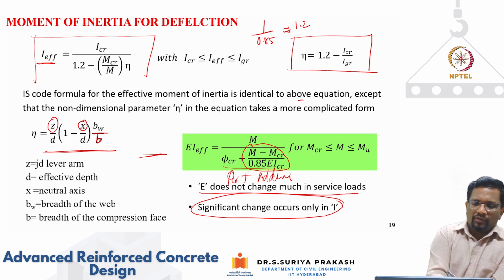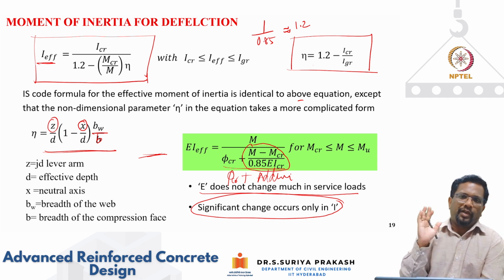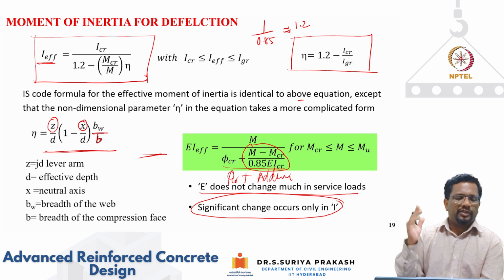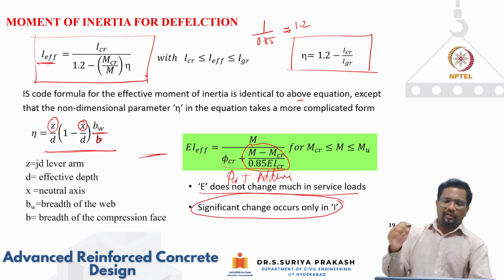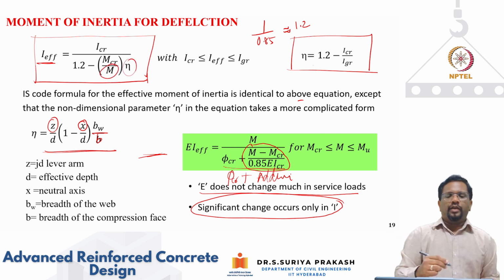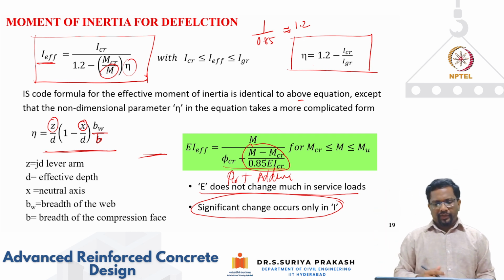Okay, so again, to calculate your flexural rigidity, we are assuming that E is not going to change, only I am calculating I effective. Actually it is an effective flexural rigidity, but we are saying that E is not going to change. I am dealing only in terms of I effective, which is again a function of your applied moment and the eta factor, which is the ratio of I cracked to I gross. Okay,